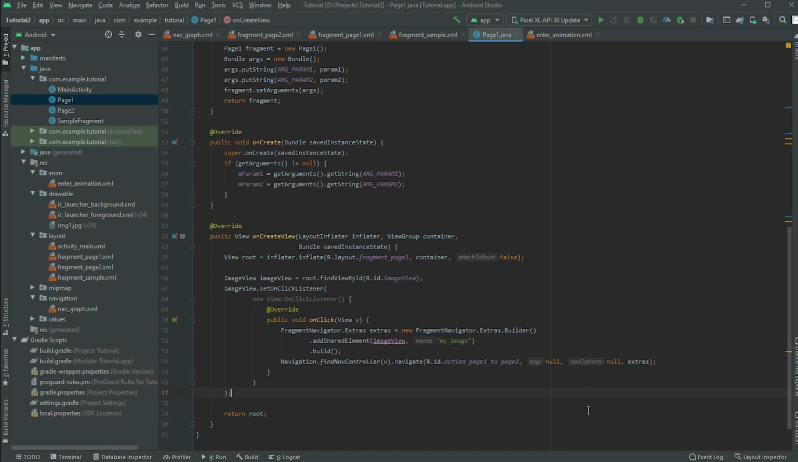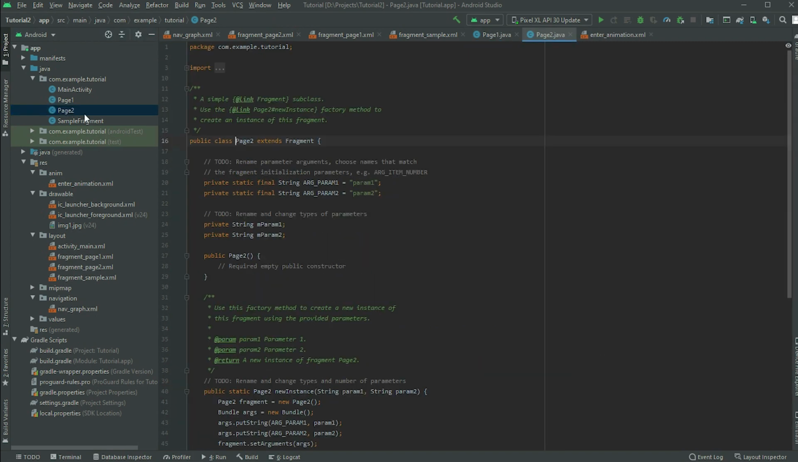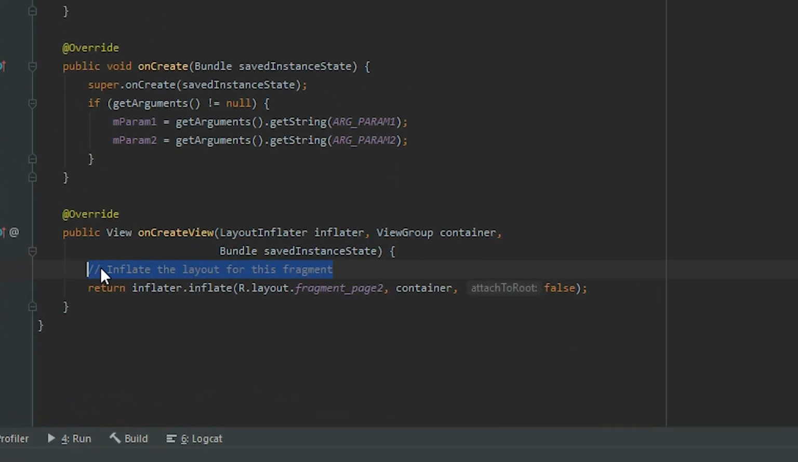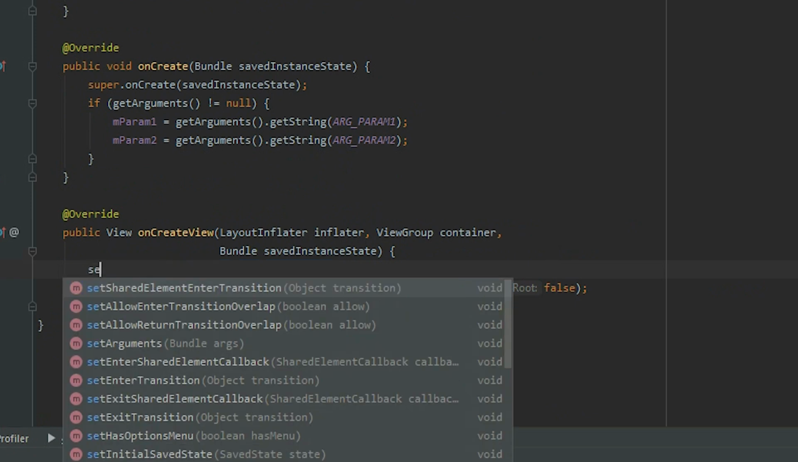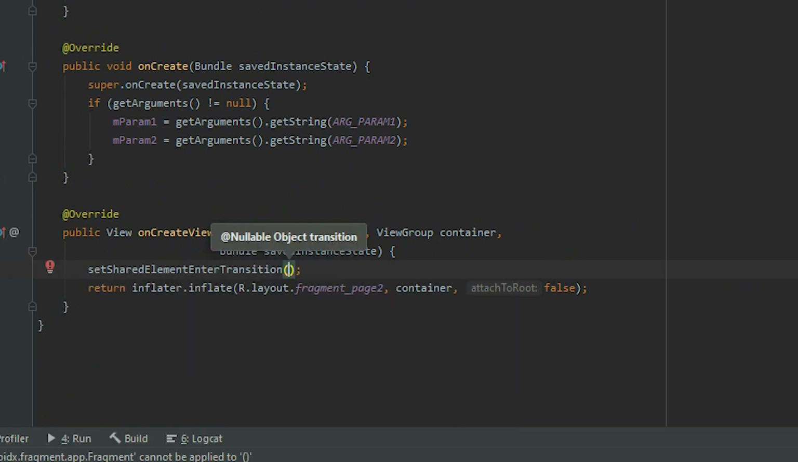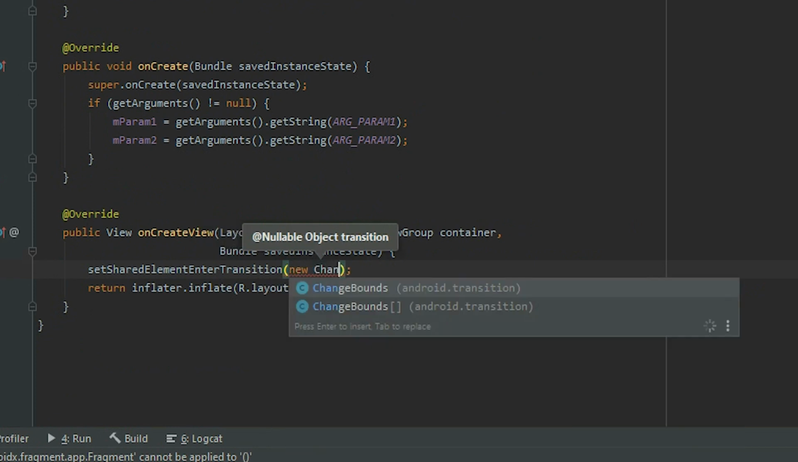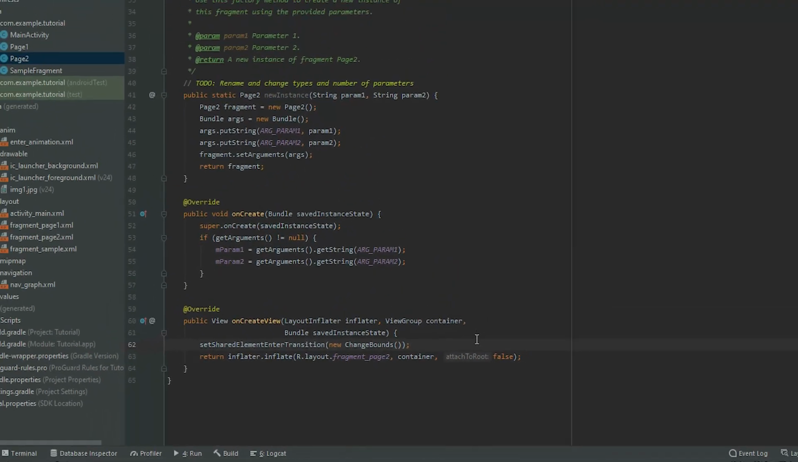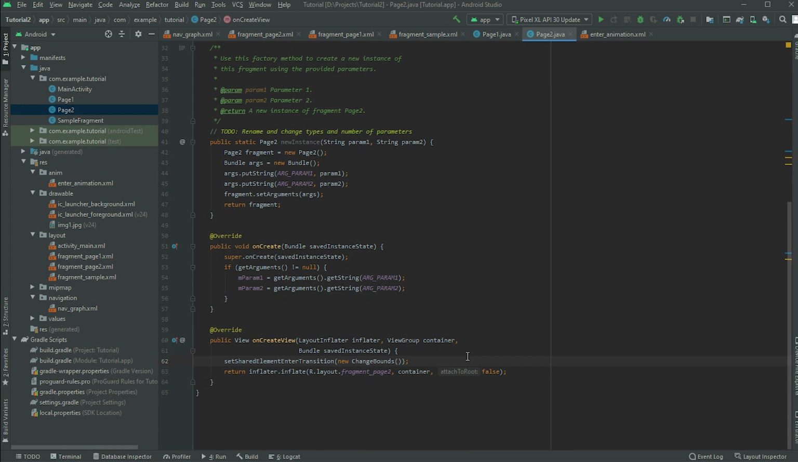Go to the page 2 fragment class file. In here, we need to set the type of animation we want to use for the shared views. Call the set share element enter transition method, and then pass in the change bounds animation. The change bounds animation will detect the position, size, scale, and opacity of the views in both layouts, and then gradually change the values. Now we're done,